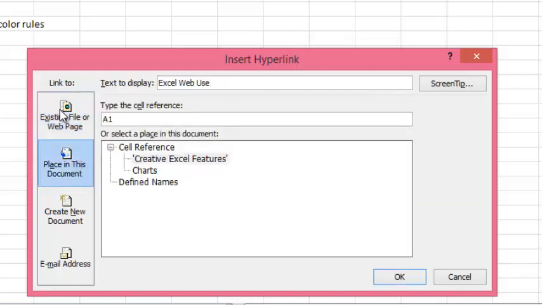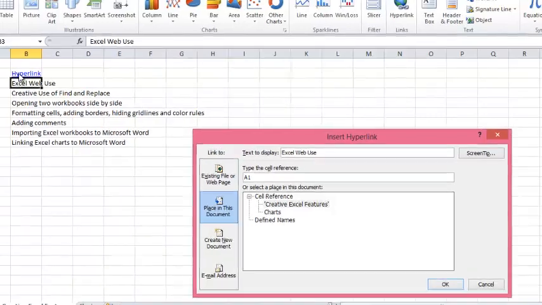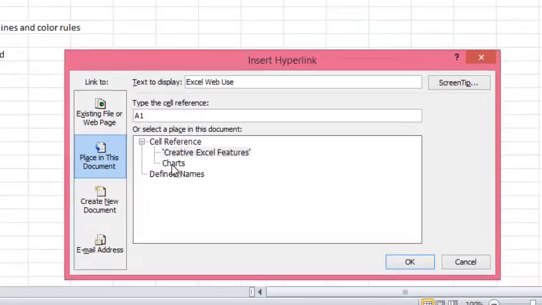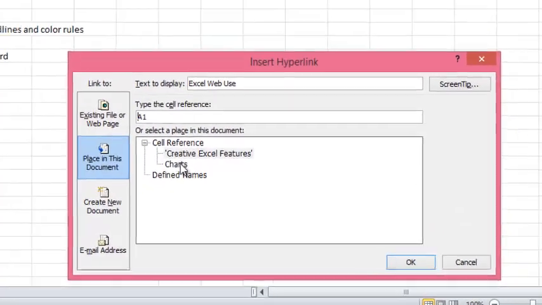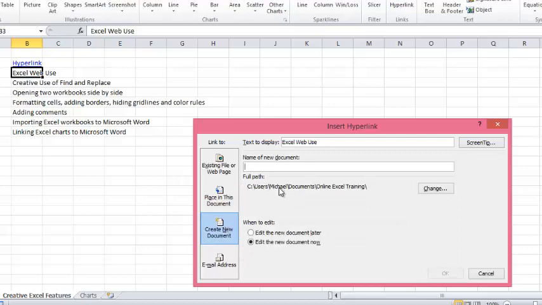If I want to link it to a place in this document, this is the one I've been using in most of my videos, where you see me click on a cell like this and it takes me to another sheet in my workbook. So this is how you do that. If I want to go from here to the chart sheet, I'm going to do that for this importing workbook. Then if it's to create a new document, I want it to create a new document and name it,